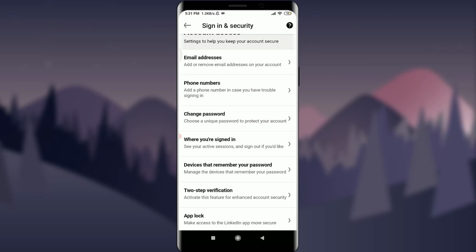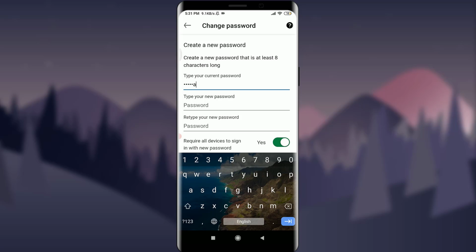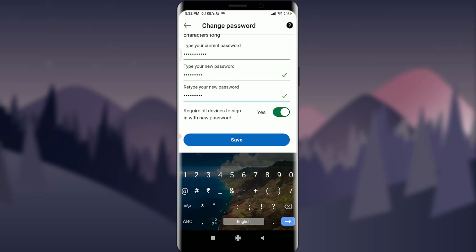Tap on Change Password. Type your current password that you have been using. Now type your new password that you want to keep. Retype your new password. When you're done, and if you want to require all devices to sign in with new